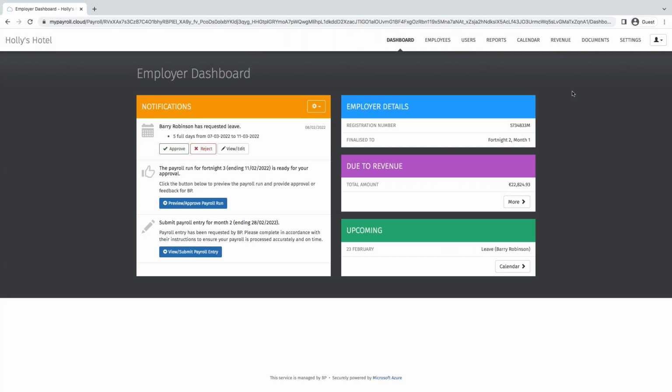So here we are in Holly's Hotel online employer dashboard. And the first thing we come to here is notifications. And as you can see, I have an annual leave request from an employee. Employees can request leave anywhere, anytime, directly from their employee app. And once a leave request has been approved, it will automatically synchronize to the payroll software, making it easier for